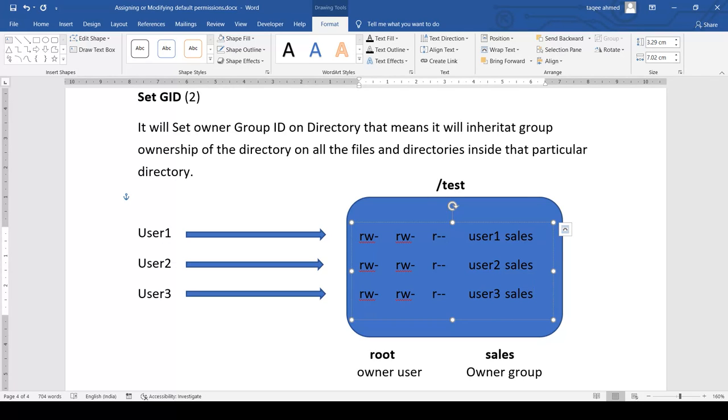So whether user 1 creates a file or user 2 creates a file, always this sales group will be the group owner of all those files. Now you will ask, what is the benefit of doing this? Why do we do this? Because sometimes what happens,